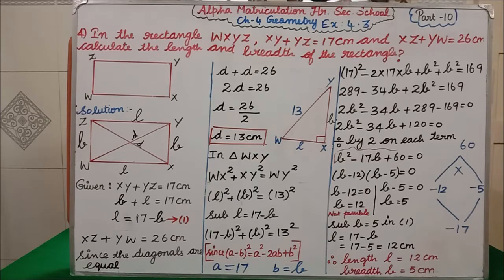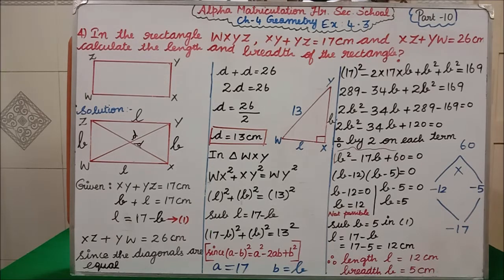So we all know the properties of the rectangle. The first property is opposite sides are equal. The second property is diagonals are equal. We have learned this in the lower class, isn't it? And what is the angle at the four corners of a rectangle? It will be 90 degrees. These are the three properties: opposite sides are equal, diagonals are equal, and all the angles are 90 degrees in the rectangle.